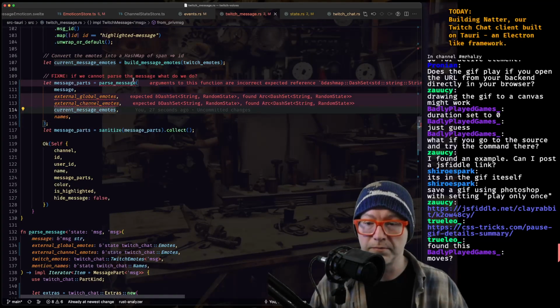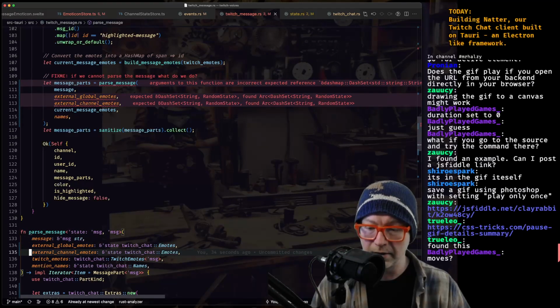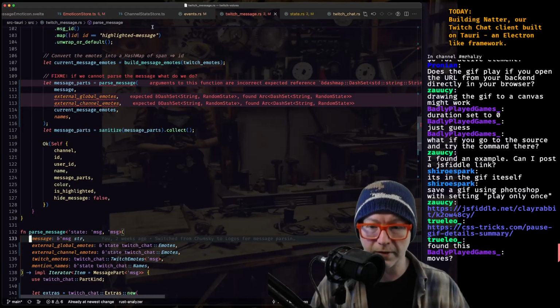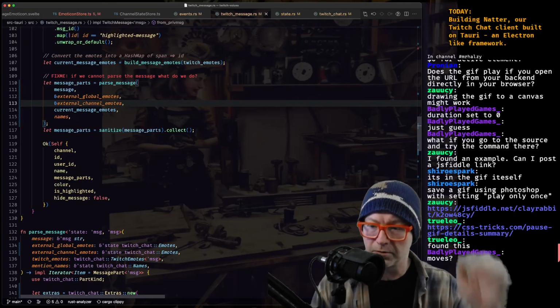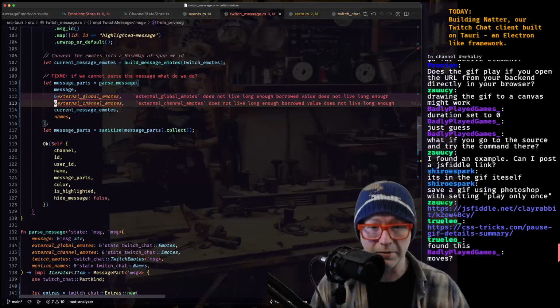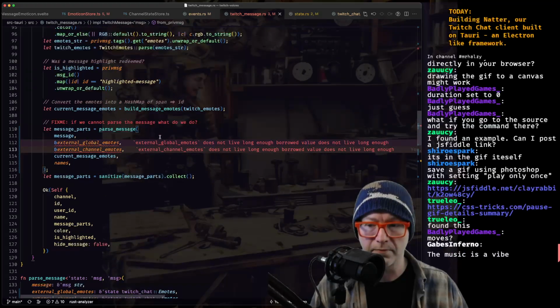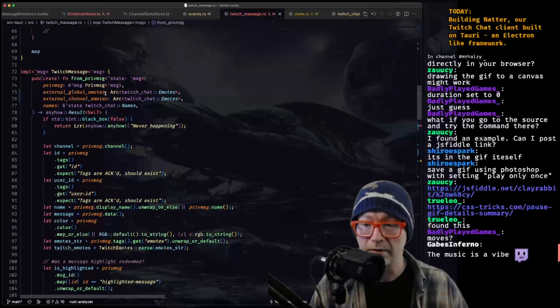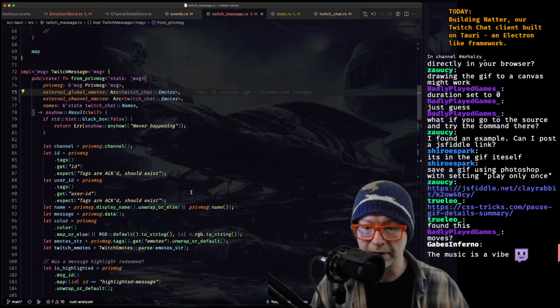All right. And what are we doing here? We're passing that in. And in this case, yes, we want that. And we could likely just borrow at this point, because that should deref. Yeah, no. Does not live long enough. Why? We own that here. And that's a DashSet of String.